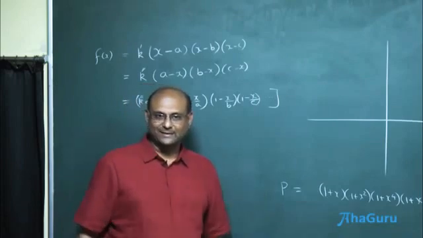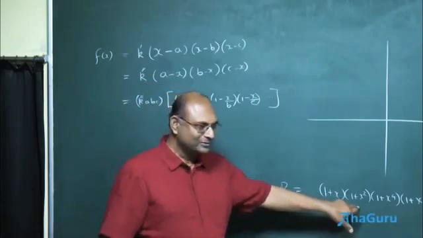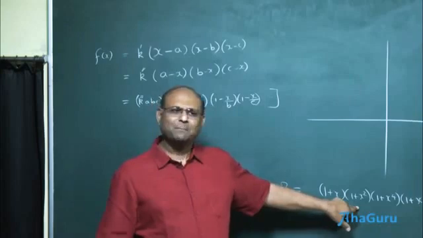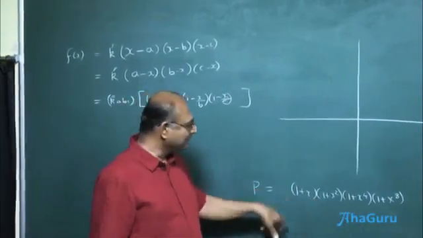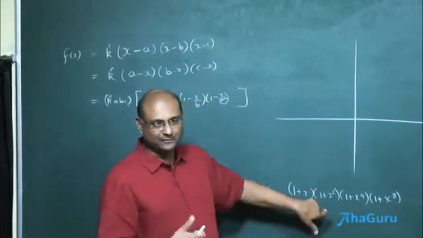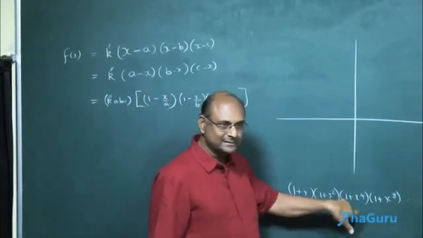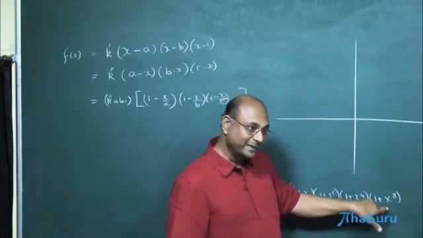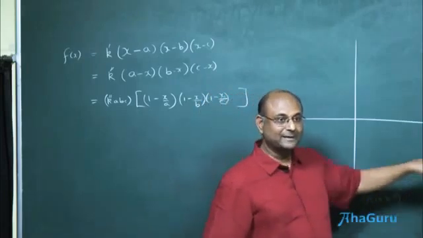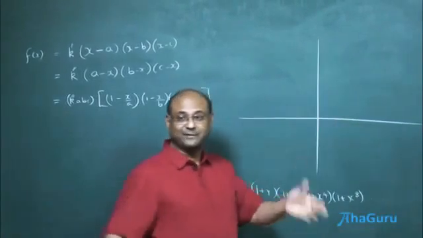If you multiply by something here, it should all just cancel or become something very easy. Well, look at this. What should I multiply by? 1 minus x. Why? Because then this will become 1 minus x square. (1 minus x square) into (1 plus x square) gives 1 minus x power 4. Then 1 minus x power 8, 1 minus x power 16, 1 minus x power 32, etc., up to 1 minus x power infinity.